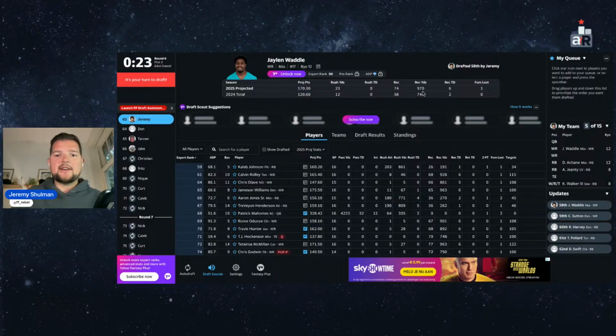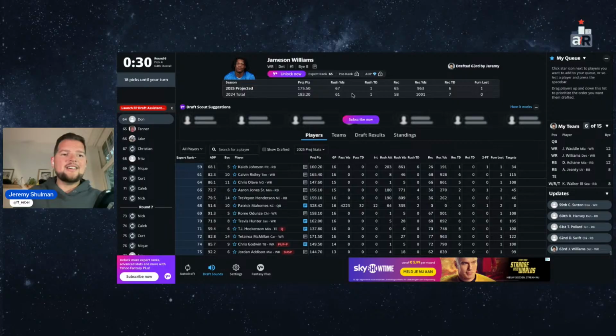You see his projections right here, 970. I think that's a little low. 6 touchdowns. I think that's a little low. And 74 receptions. This is a guy who belongs in the 90 reception tier. We'll see if he gets there. We'll see if Tyreek is fully healthy. Who knows? And I do love Calvin Ridley, but in the 6th, I'm going to go ahead and draft another